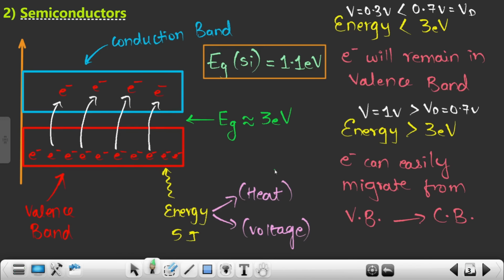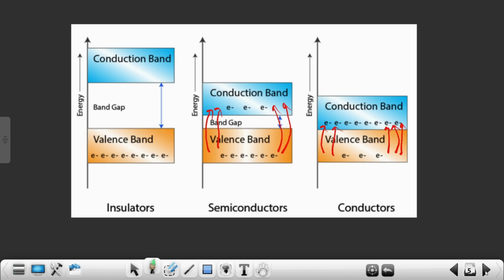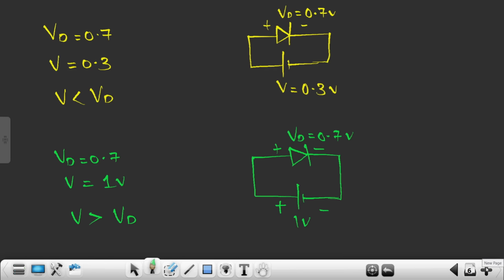If a certain material's forbidden energy gap is less than or equal to 3 electron volt, that means 0 to 3 electron volts, then it will fall under the category of semiconductors. And the material whose Eg, or forbidden energy gap, is straight away 0 electron volt will fall under the category of conductors. Okay, and there is one more thing to discuss. It's my promise to you that this will be the last point of the session, and it is quite